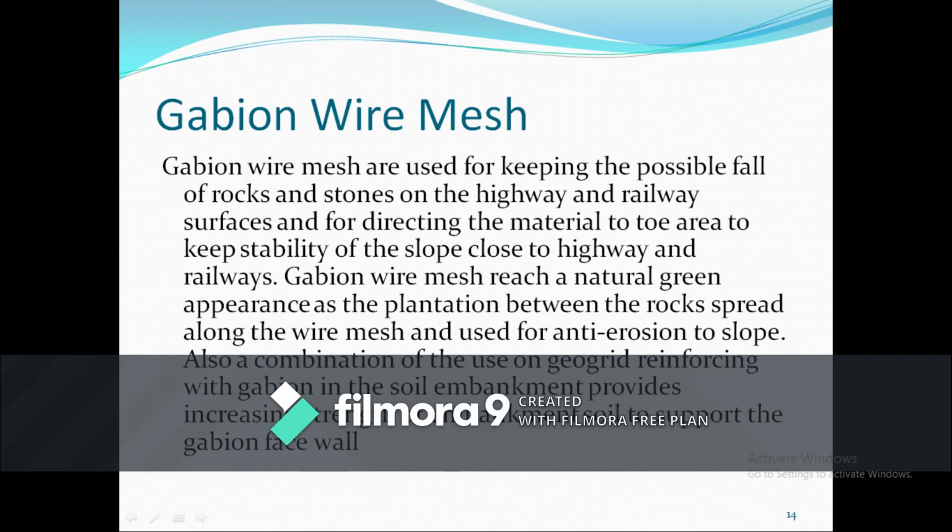So wherever we have flyover constructions recently, they are putting more on environmental balance, thereby creating these gabion wire meshes. Using these wire meshes, they are creating hanging garden types. So that is the main use of your gabion wire mesh.